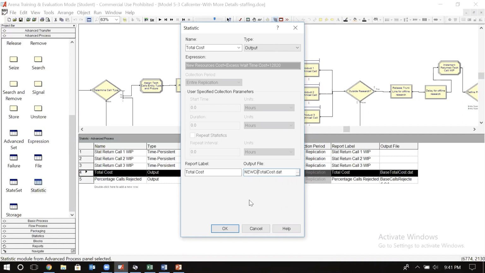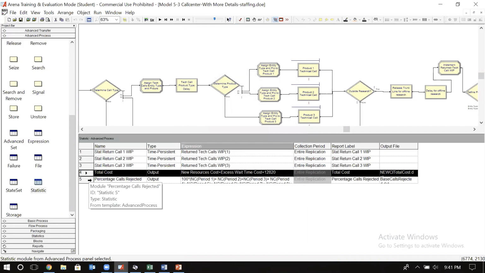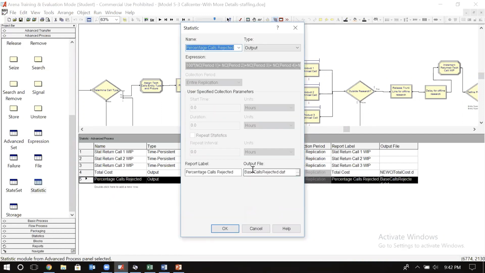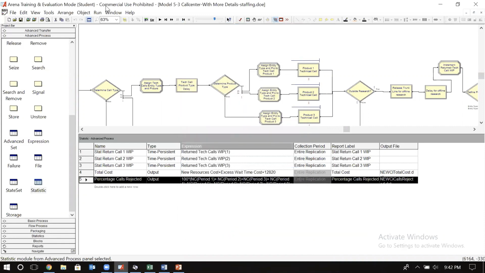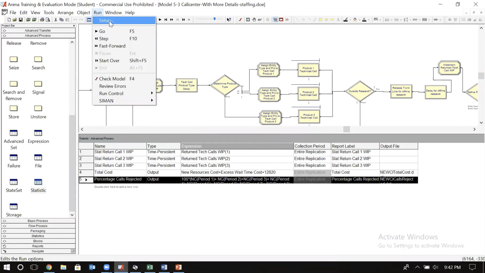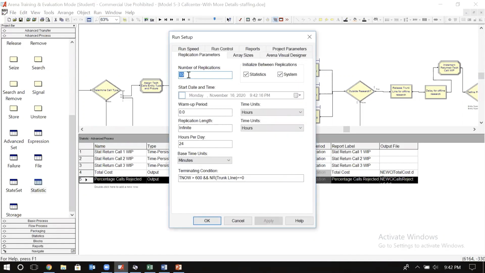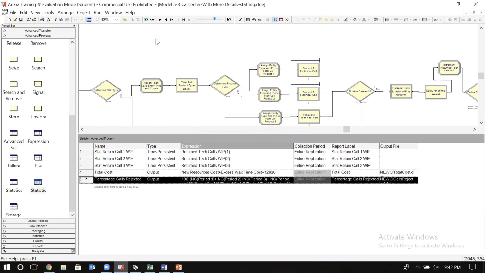And that's going to be the new data file that is going to save the result of these 28 replications. I also change it for the percentage calls saved. It's unnecessary, but I'm just going to do it for consistency. So I also want the percentage of rejected calls to be saved in this new data file. And then I'm going to change the number of replications from 10 to 28,